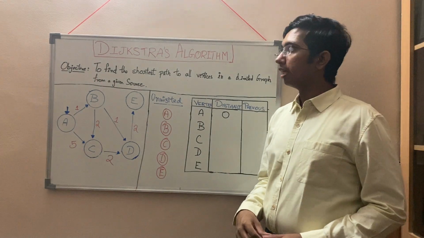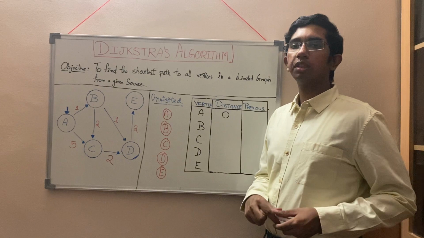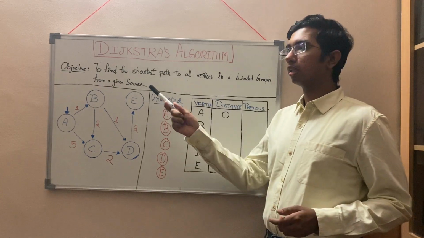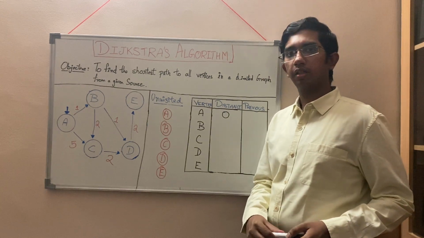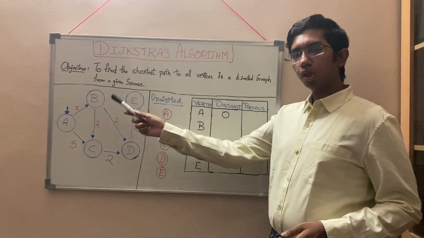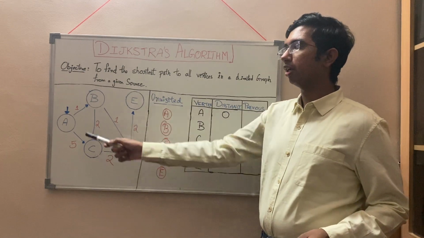Hello, today we'll be talking about Dijkstra's algorithm. It is used to find the shortest path between the source vertex and all the other vertices present in a directed graph. Now, we'll walk through an example to find the shortest path from the source A to the vertices